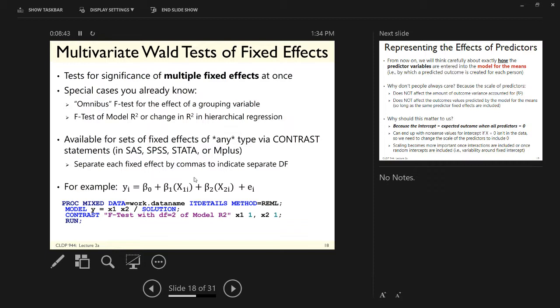So those things are spit out by convenience. If you do an ANOVA, you get that omnibus effect of group and interaction terms. If you do a regression, you get that F test for an R-square. You have to ask for that stuff in proc mixed, but it's the exact same concept. And you can get it for any combination of model parameters, not just the ones that show up by default. So what the code is going to look like then to do that,